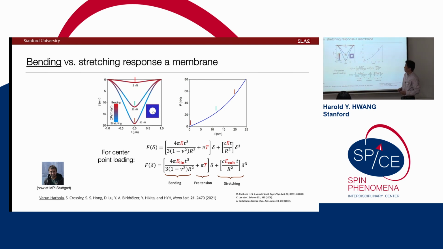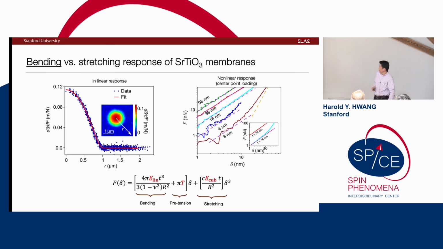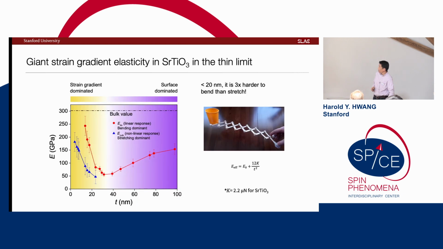So that's the kind of story in terms of experimental response. This is actually real data. If I do an experiment where I poke a drumhead membrane, I can access a nonlinear regime, and I can start to pick out all of these coefficients. Namely, I can look at the Young's modulus, the pretension, and importantly, we're finding big differences in the thin limit between the Young's modulus for linear and cubic, the nonlinear response. Okay, I can come back to this if someone's massively interested.